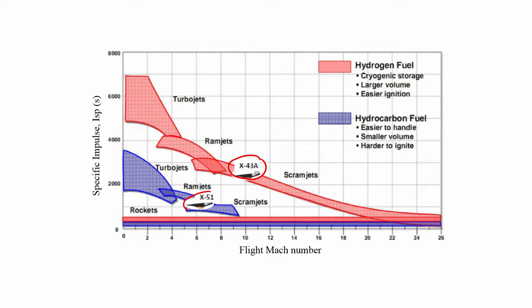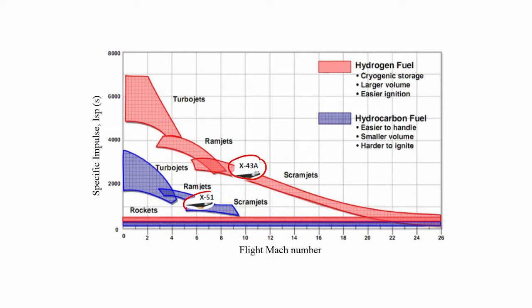So the advantage of hydrogen fuel is that it can have cryogenic storage, it has a larger volume, and it is easy to ignite. Hydrogen is very easy to ignite, it has a huge flammability limit both on the lean side as well as the rich side. Whereas if you want to use hydrocarbon fuel, of course, it is easy to handle, and it has